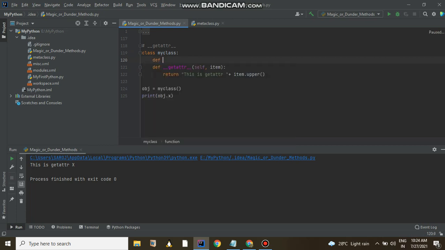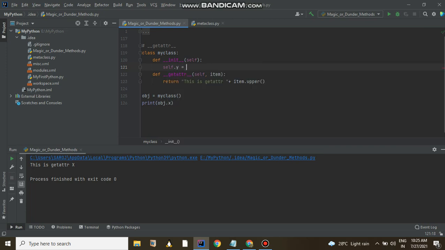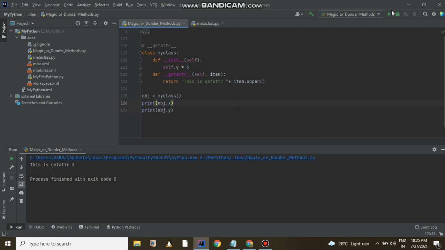Suppose I am defining __init__ here, and I define a class variable, or object variable you can call it, y, and y is fixed. Now if you want to access this, print object.y. This is pretty simple, you can see 6.